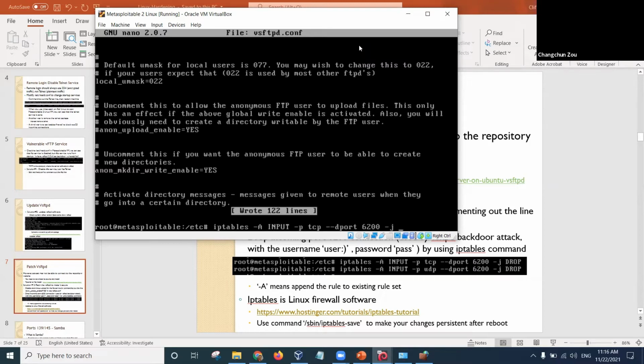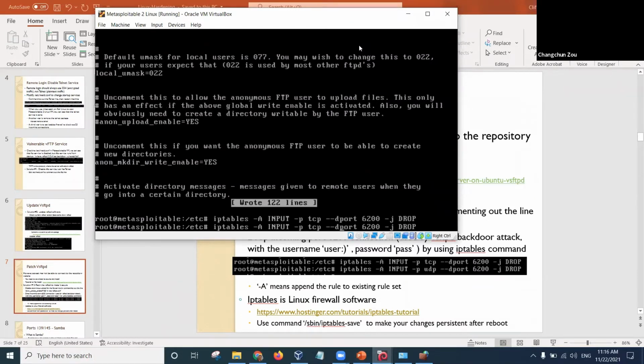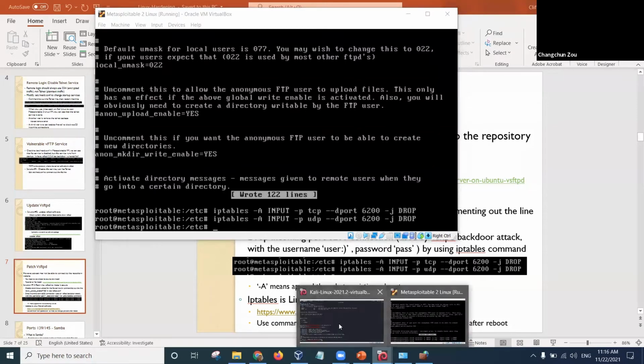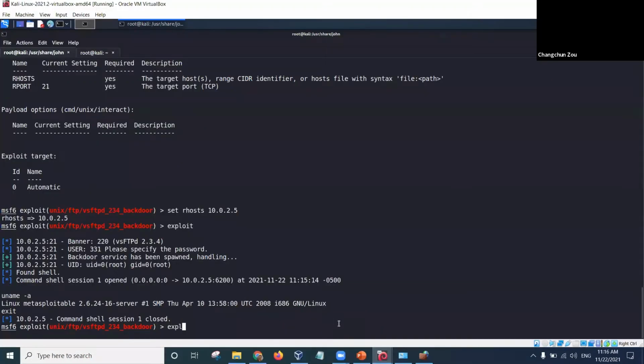We will jump to this action, which is a drop, and you can add another one for UDP. If you do that, then if you do this compromise again,